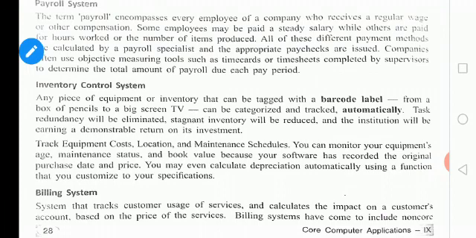This is also company oriented. Track equipment costs, location and maintenance schedules. You can monitor your equipment's age, maintenance status and book value, because your software has recorded the original purchase date and price. You may even calculate the depreciation automatically using a function that you customize to your specifications.